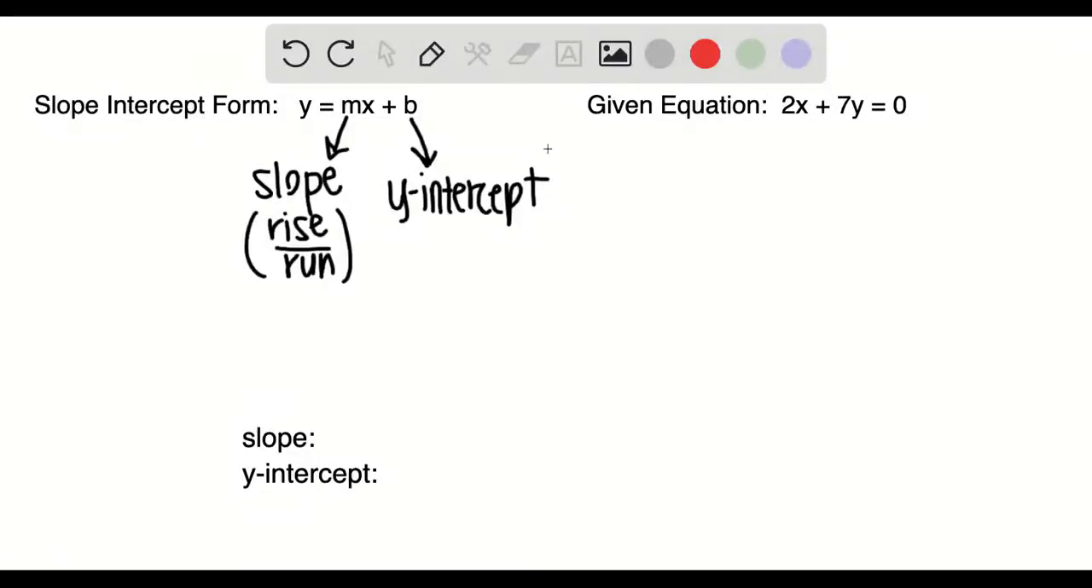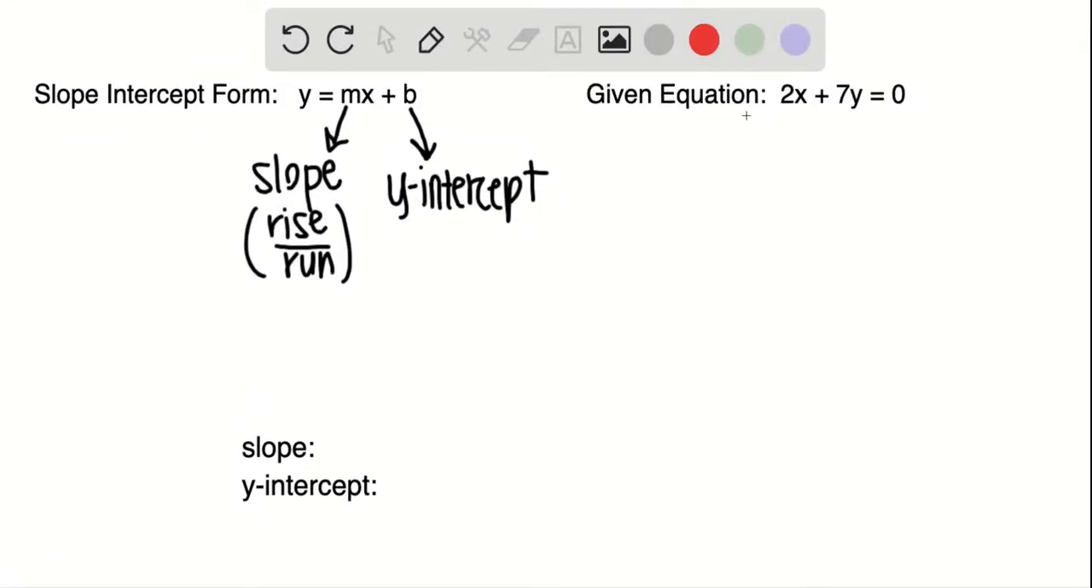In this particular problem, we are given the equation 2x plus 7y is equal to 0, and we are asked to put this equation into slope-intercept form and then determine what the slope and the y-intercept is. So let's get started. Slope-intercept form is given as y equals mx plus b, where m is considered